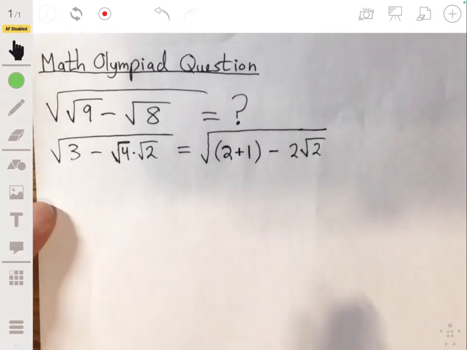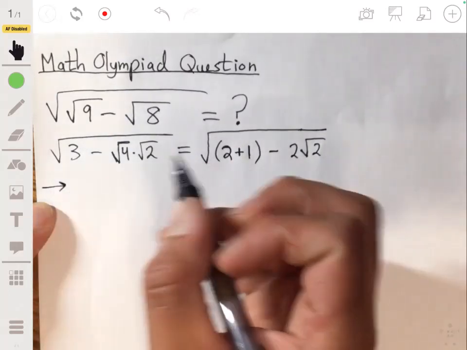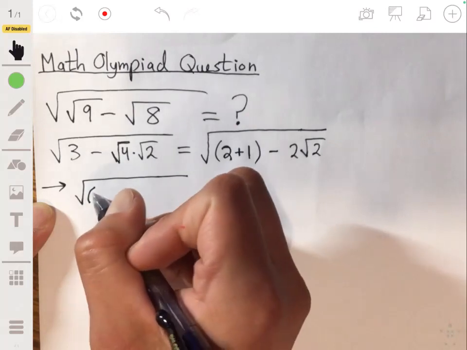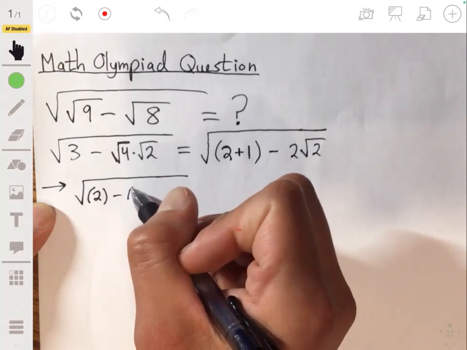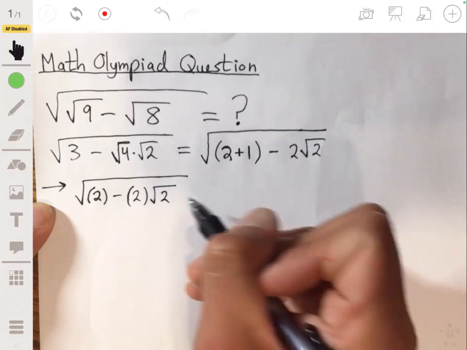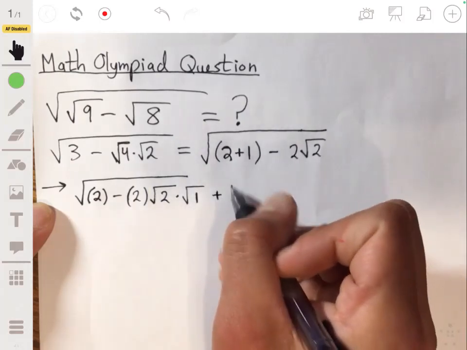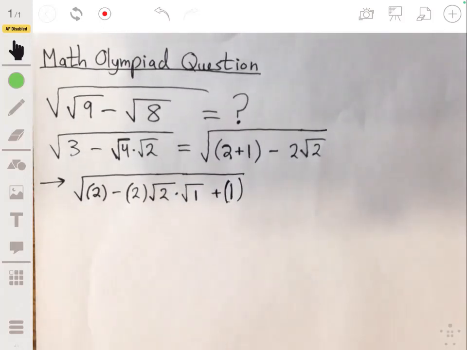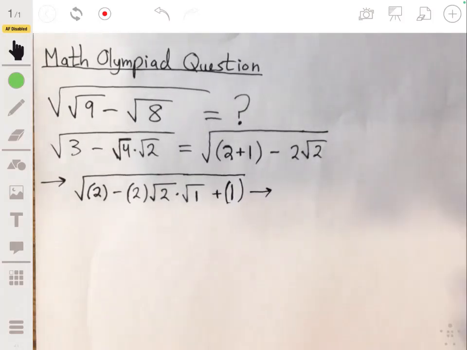And then what we're going to do is rearrange this in a fancy way. So we're going to arrange this as 2 minus 2 times root 2 times root 1, and we're going to put that 1 at the end over here, plus 1 over there. And just to make this a little crazier, we're going to make this